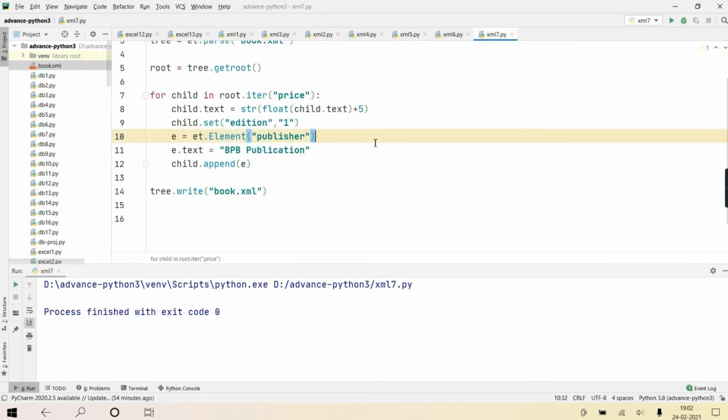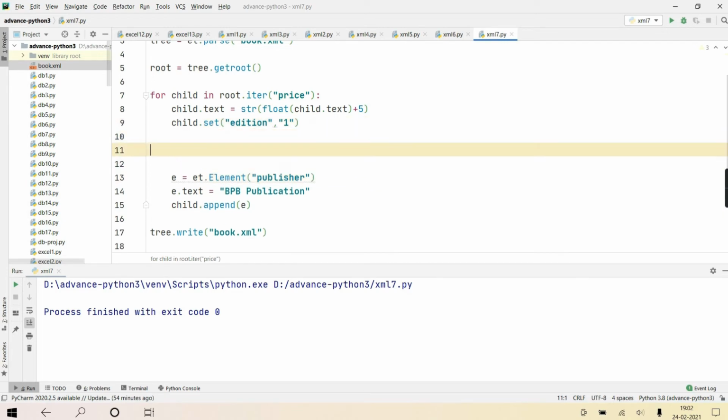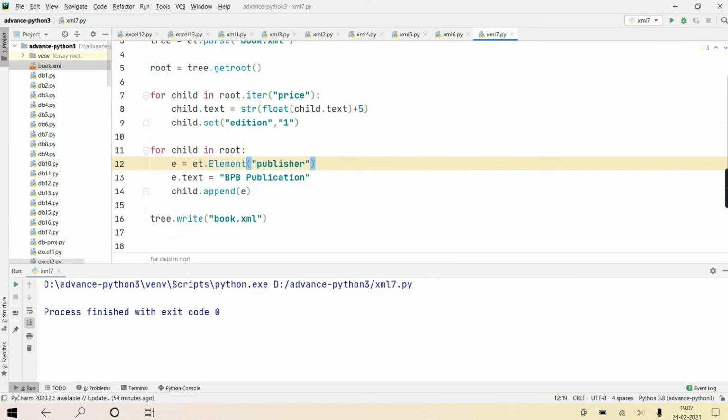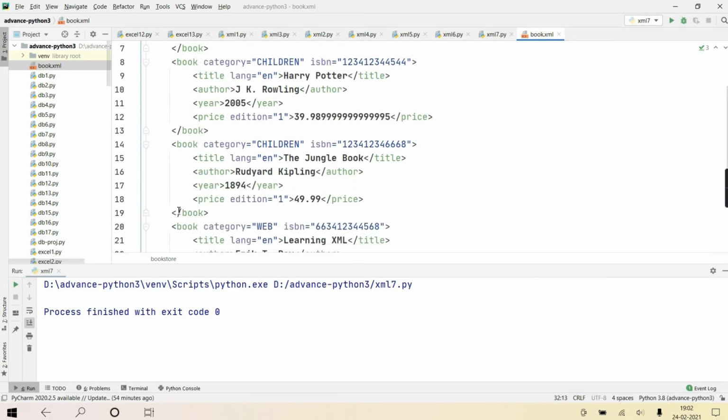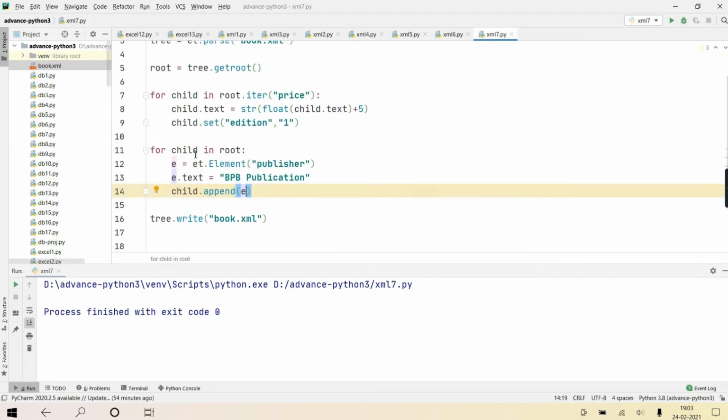Okay, see, to do this whole activity, you write a separate for loop: for child in root. Now I hope you're understanding. So now it will give you each child of root. Each child of root is book, right? Root means bookstore, and each child of bookstore means this book, this book, this book, and it will get added in that way. Got it, no?